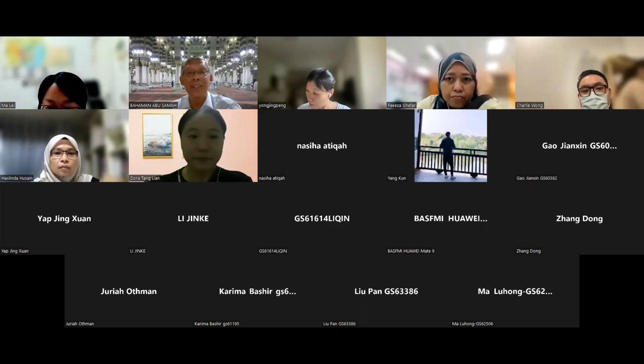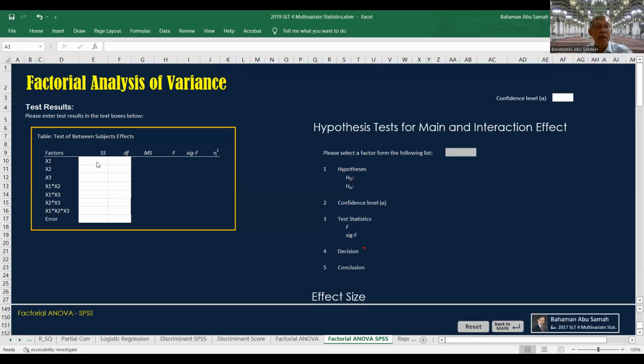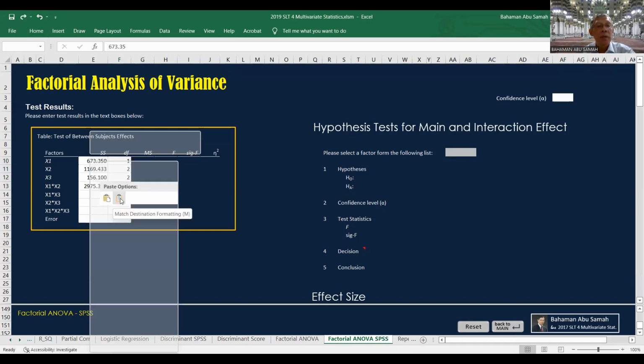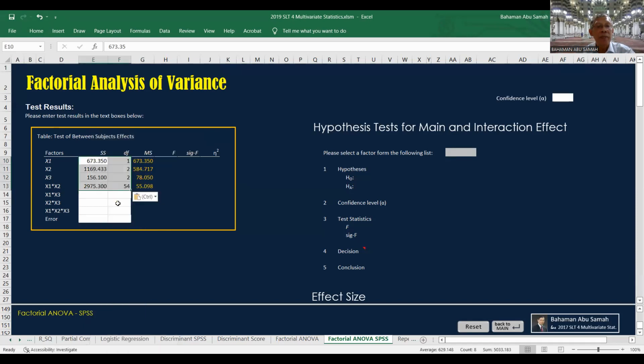Oh, I didn't share earlier. Go back to SLT4, and then paste here. Okay, better to use the paste option here. And here, match destination formatting, right? But we need to enter this one. This will be for the error,